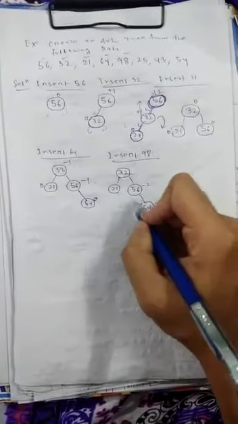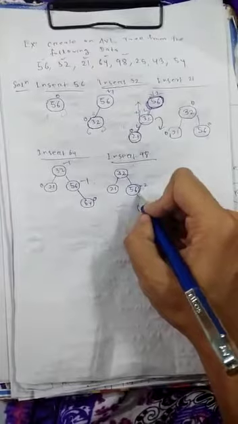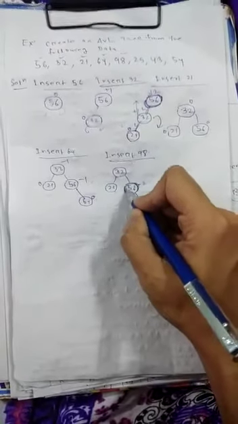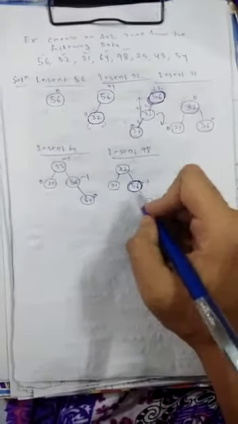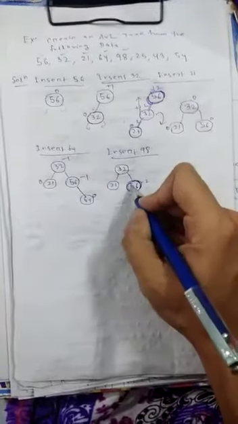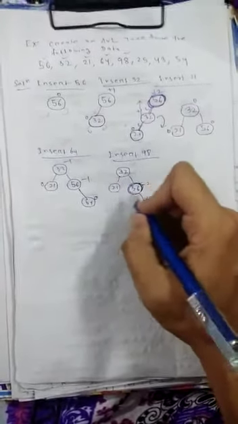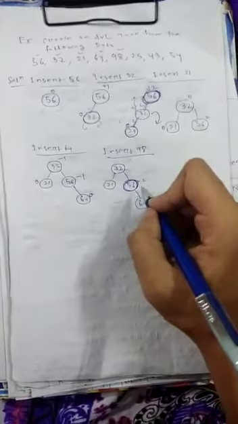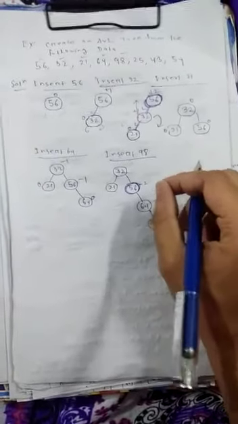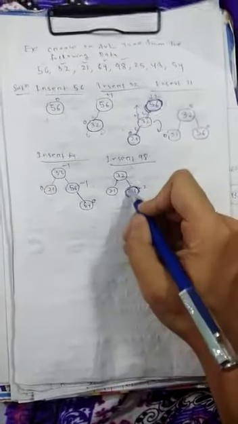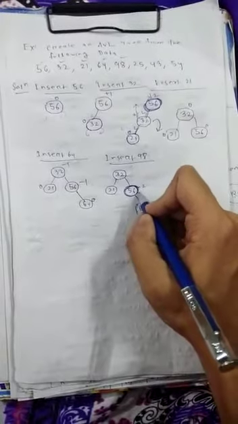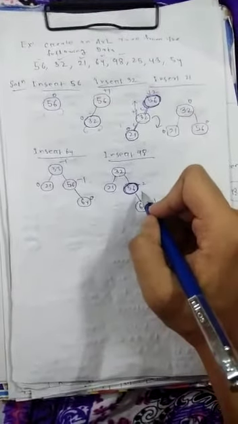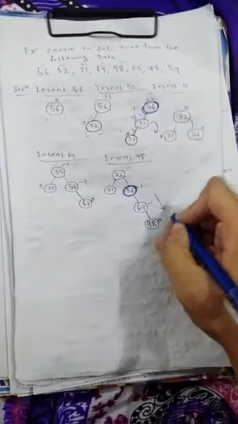Okay, 0 minus 2. So see, this node has already violated the rule. We have already found the violated node, the anchor node or pivot node, so no need to calculate further. Our aim is to find which node has violated the rule. This node is your anchor node or pivot node. Then we have to go towards the newly inserted node. 98 is inserted here, so we go towards the newly inserted node.